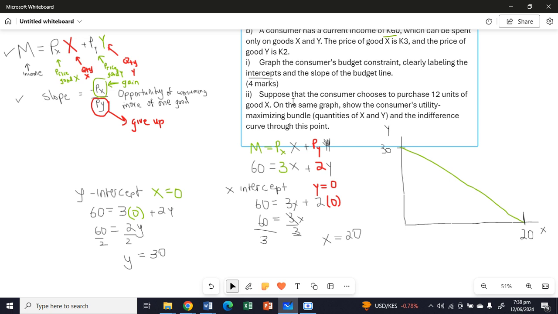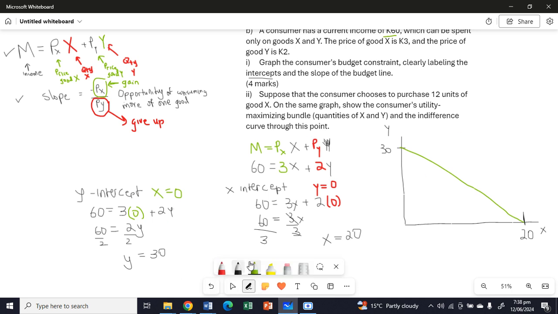Okay. Now they want us also to get the slope of the budget line. Remember, the slope of the budget line is the opportunity cost of consuming one more good. To be specific, how many units of good Y you need to give up in order to obtain additional units of good X. So the slope, remember, equals negative Px